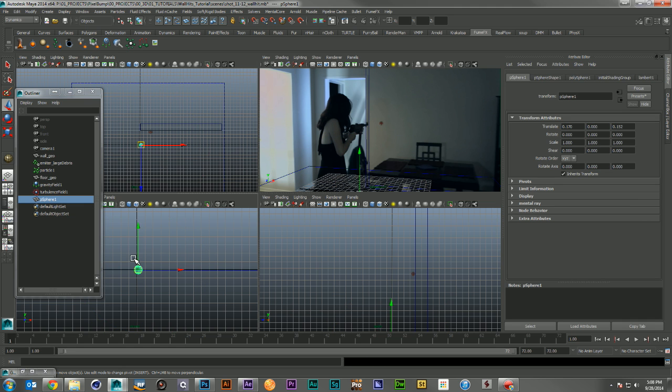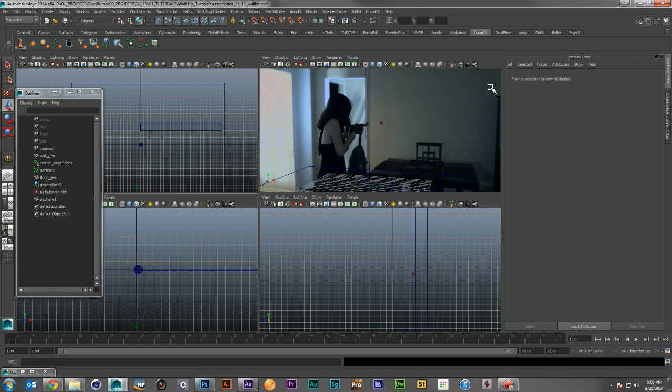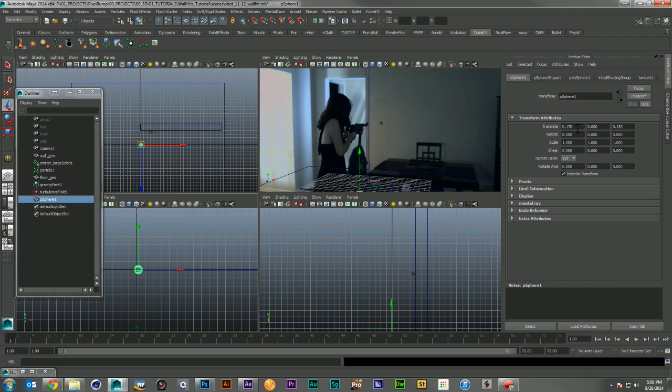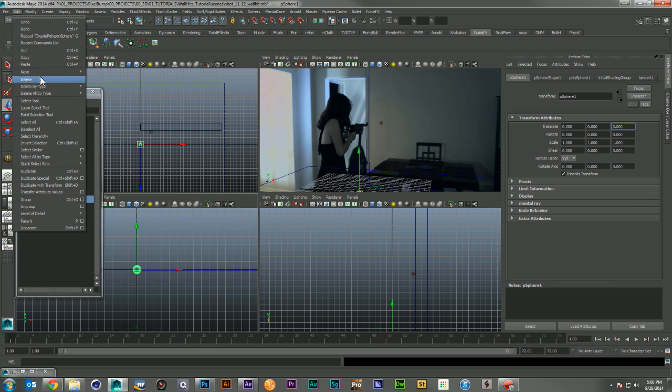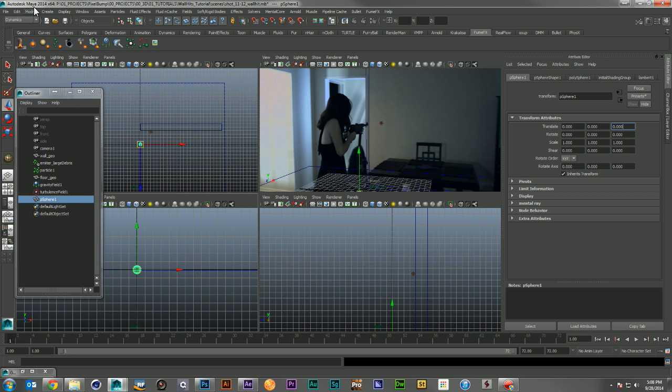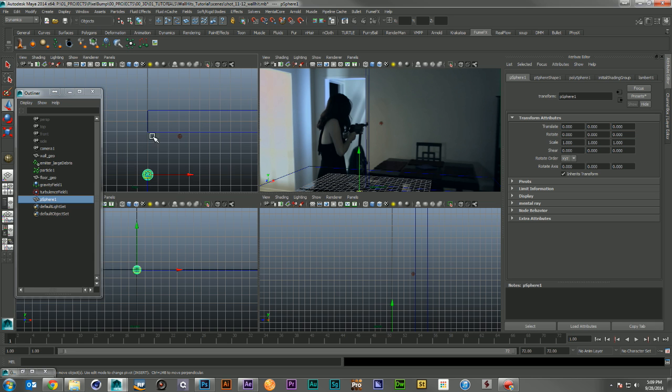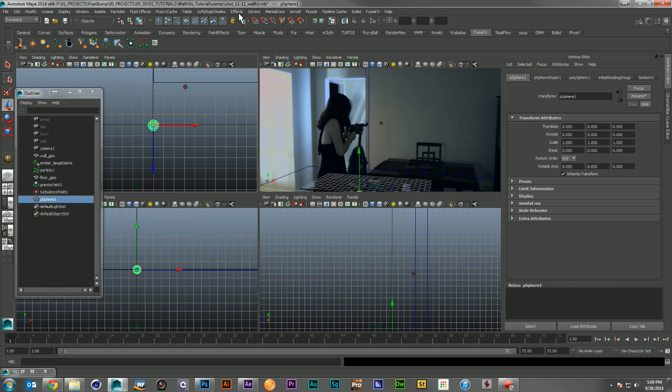It should be fairly small. And I'm going to go ahead and grab it. I'm going to just zero out everything for the moment. And then I'm going to come over here to my edit, delete by type, and I'm going to delete its history. And then I'm going to freeze its transformations. And that's an important step for what we're going to do next,